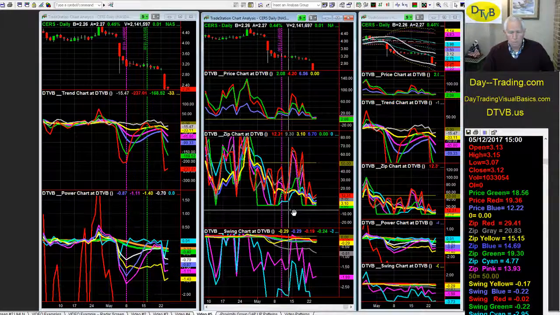We're out to this point right here, and right now Zip Red is at 29, and that's the highest line we have on this day. We also can see that price red is still above price green, even though it's gone down the third day. On this white vertical line, price red is still above green,